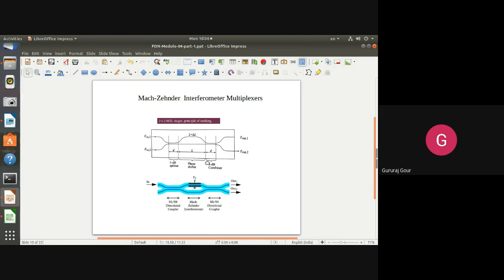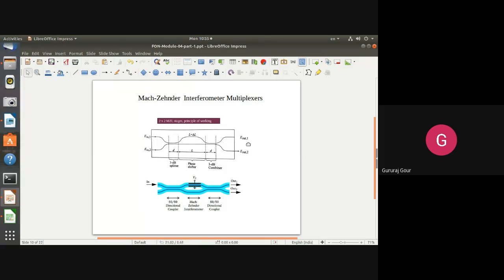The phase components which are coming in phase will be added constructively, and will be emitted out from this MZI multiplexer as a single signal. There is only a single output, but it lies with which of them are going to be constructively added or destructively subtracted, totally cancelled out. So this is the main concept that you have to remember.